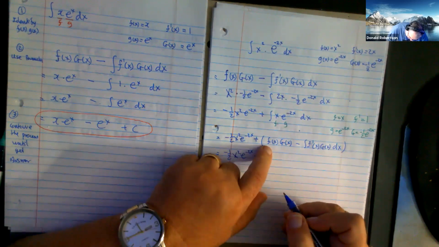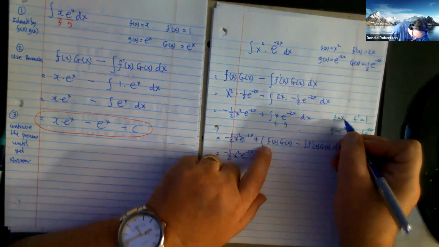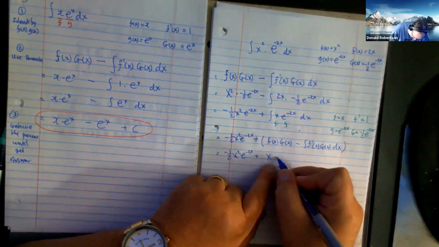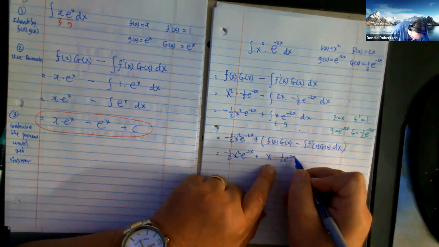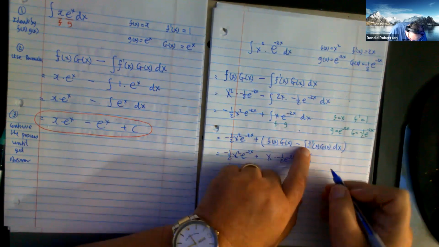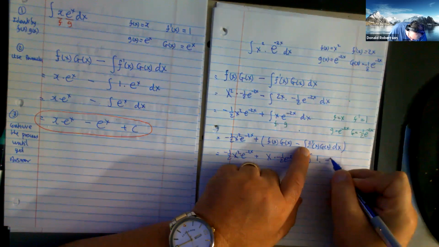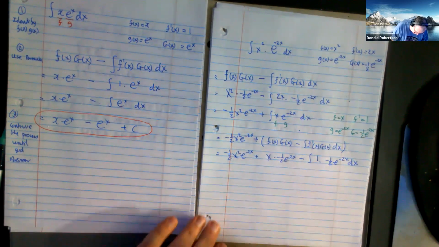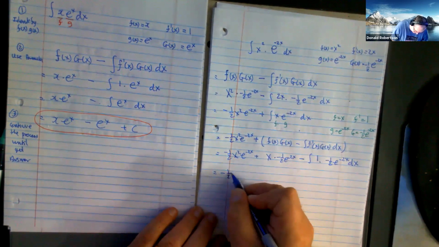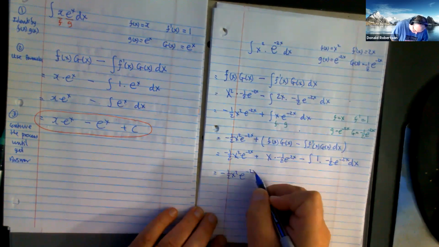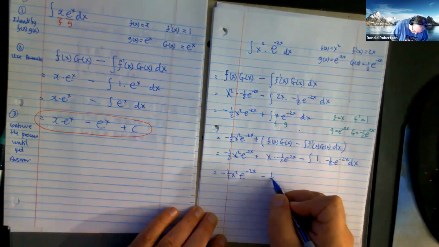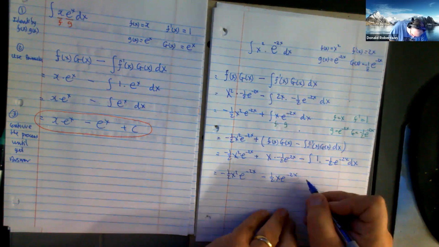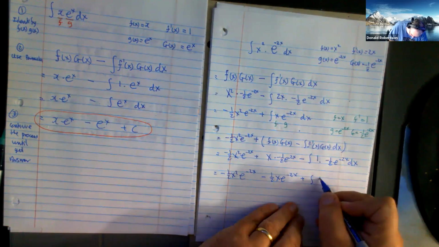Okay, where we got f, which is x, and g, big G is that guy. Take away the integral. F dashed is 1, big G is that guy, dx. Just tidy it up again. You got this guy. If you multiply them together, you get that guy. These two negatives make a plus, and you eventually have